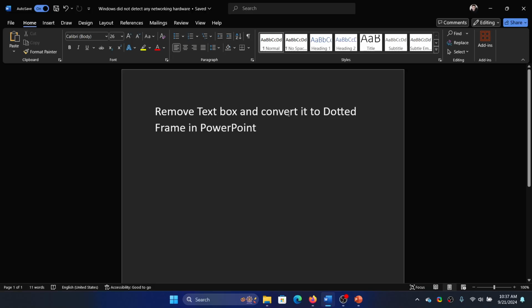Hey friends, if you wish to remove text box and convert it to dotted frame in PowerPoint, then please watch